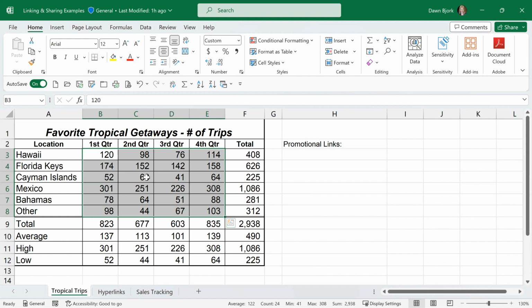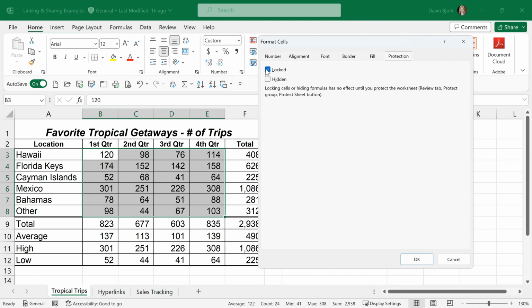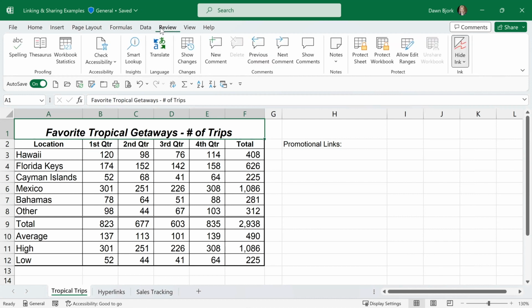And now let's go back to Format Cells. So, Control-1 or right click and Format Cells. Those are both good options for us. And here under protection, I'll uncheck locked, but just for those cells. And okay. We still haven't done anything until we apply the protection. And it doesn't matter what I have highlighted when I do this next step. We'll go to Review, Protect Sheet,